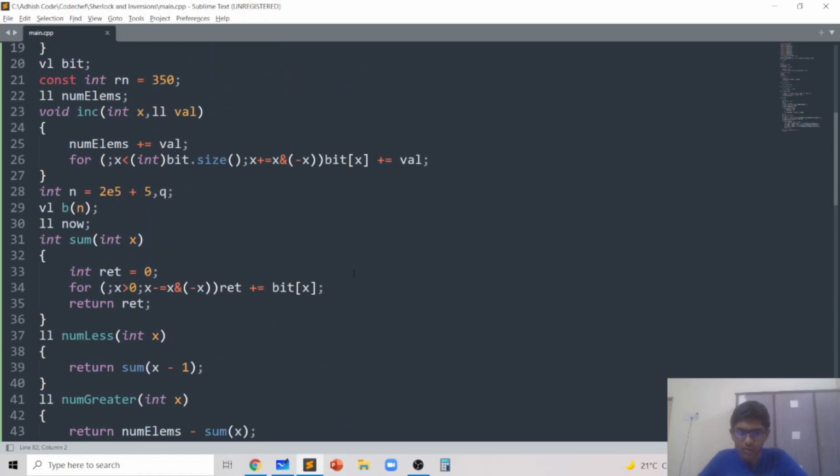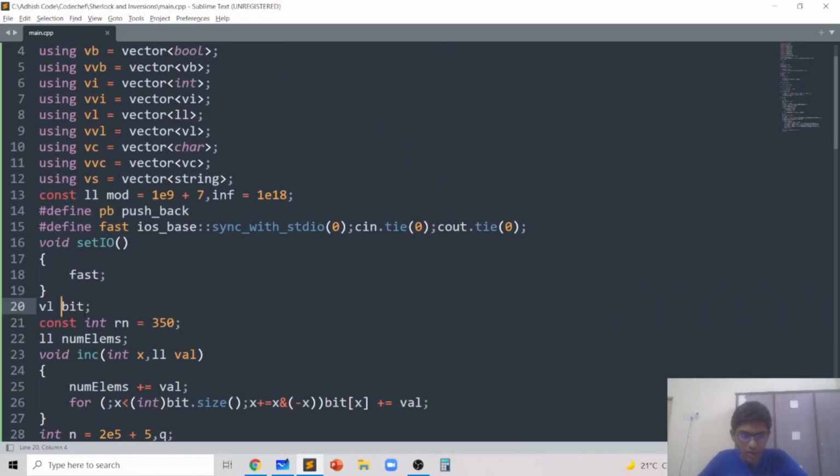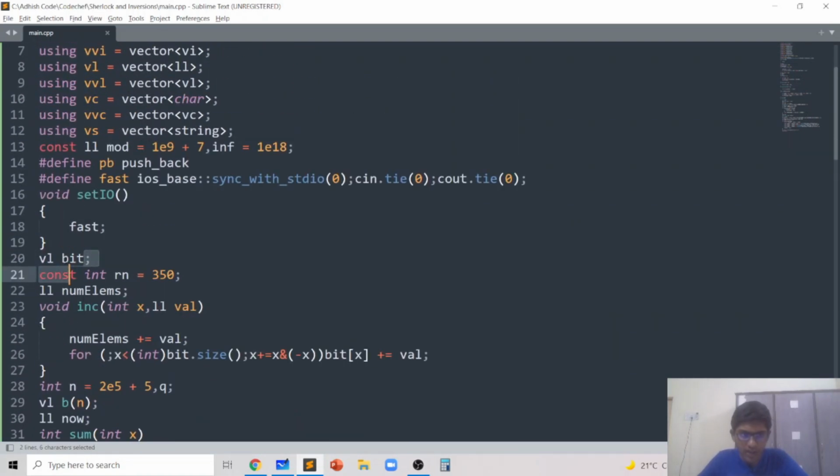So in the code, I have a long BIT, which is the binary index tree. I have the value of root n for Mo's algorithm to be 350. I hard coded the value. Then I store the number of elements in the binary index tree. This is the total, which stores the number of elements in the binary index tree. Then I have an increment update.